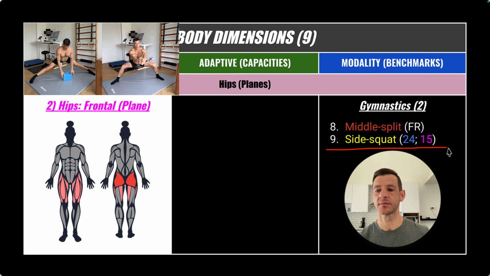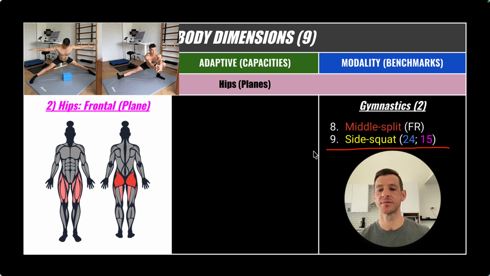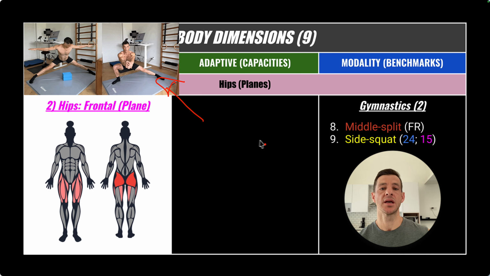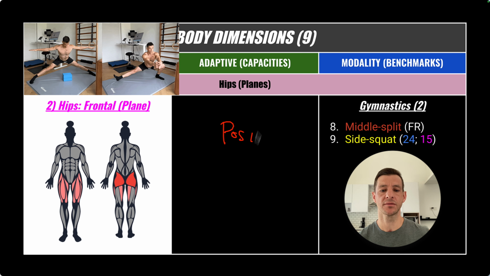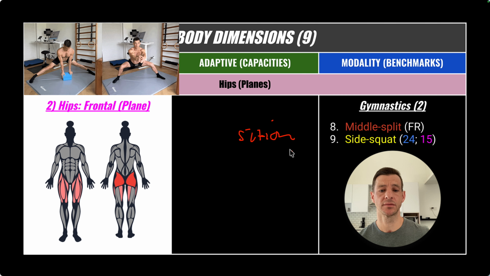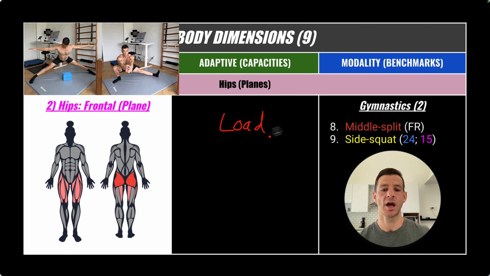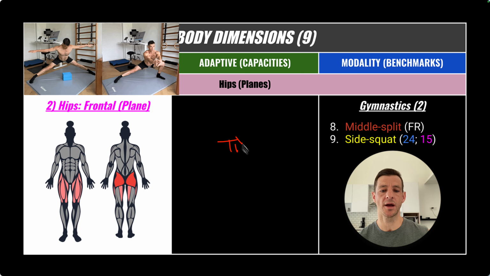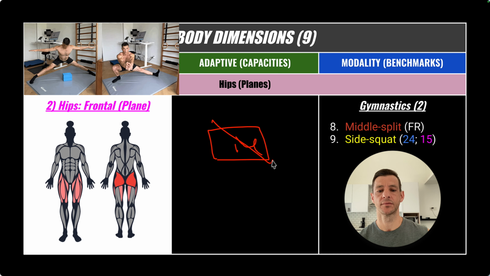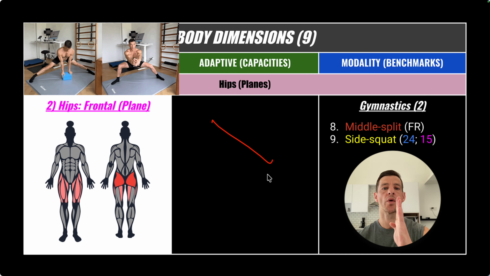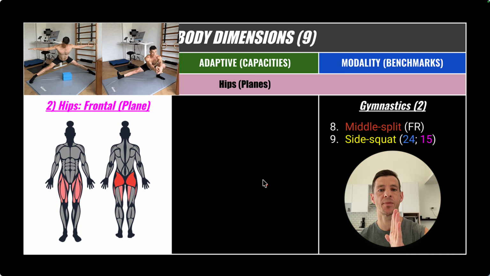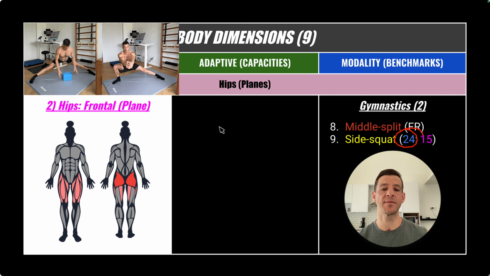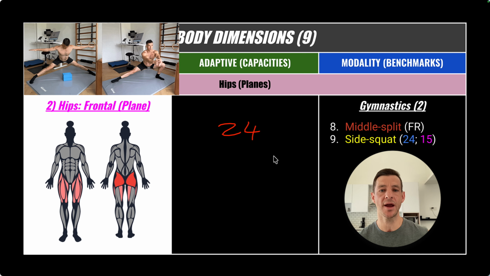As for the 9th benchmark and the final benchmark in this series, we have the side squat. The side squat, as you can see here, is a benchmark of position and also range of motion. It's not one of load. I'm not trying to see how heavy I can go in this dimension. It's also not one of time. It's one of position. I can either do the movement or I can't. However, we can also test a person's strength or specifically muscular endurance in this range. So for males, you're aiming for 24 consecutive high quality reps. And if you're female,